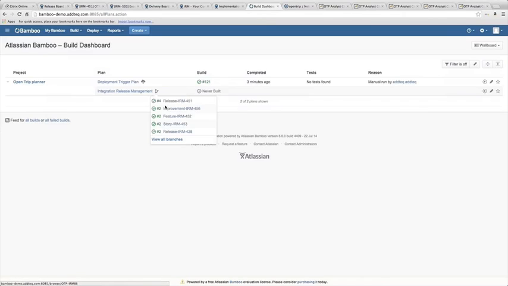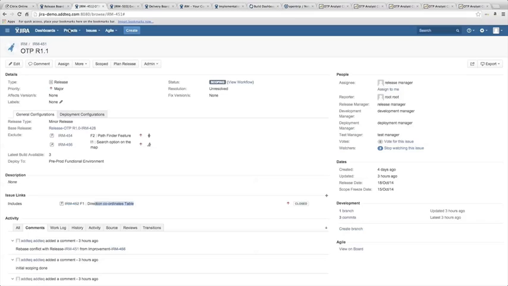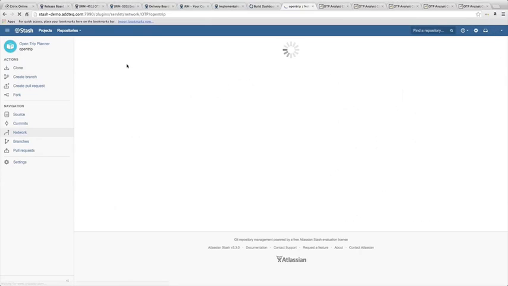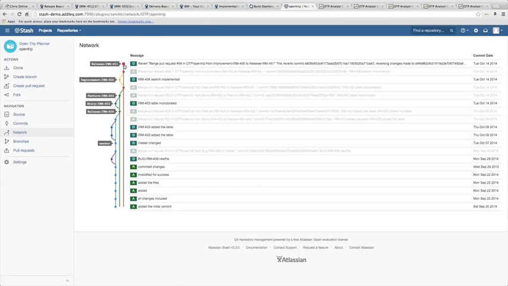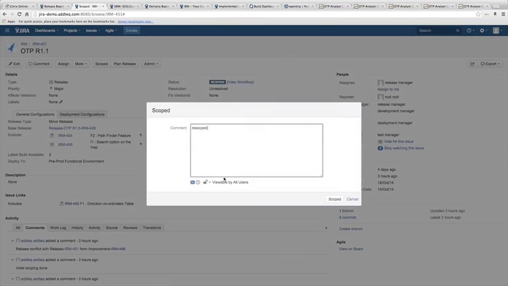So here, since the build is successful, this particular release is now rescoped successfully, and we can also see on Stash there is a new commit for this particular release branch being created. So here we can see that a new commit has been created for this release branch. So now that's the time when this particular release can be marked as rescoped. And once rescoping has been done and is approved by the reviewer,